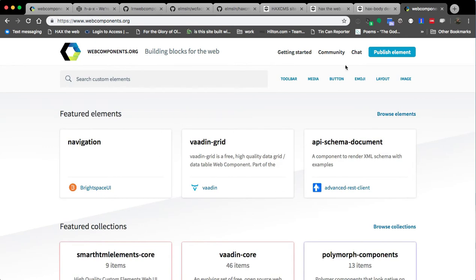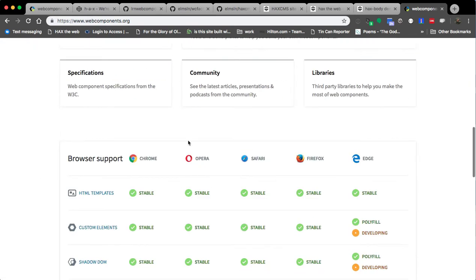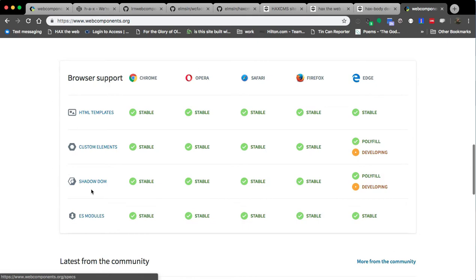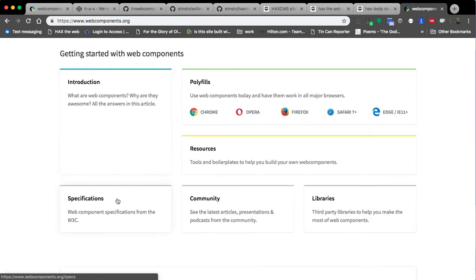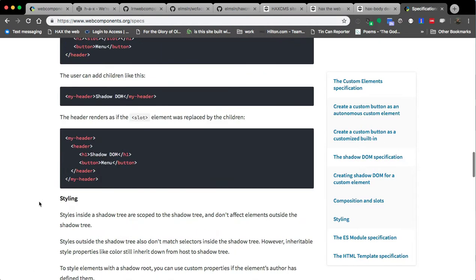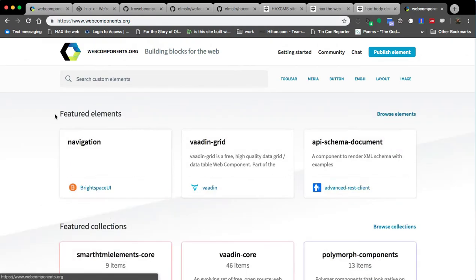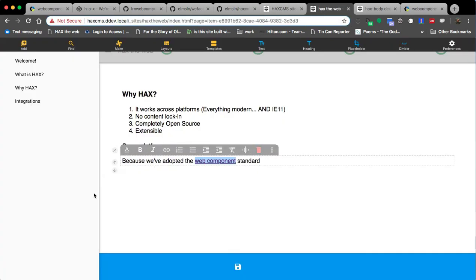But let's go to webcomponents.org, and maybe I actually want to go to this because we're talking about browser support, right? So we should probably look at the specification, or maybe not. Maybe that's fine to reference it that way. So let's go back to there. Okay, so because we've adopted the web component standard in the development of both HAX, the authoring experience system, and HAXCMS,